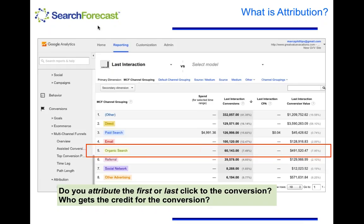There's a lot of talk about attribution. You probably heard the term, and I just thought I'd give you a sort of a dummy's guide to attribution, because I get asked a lot, being an ex-analyst and having sort of an insight into Google Analytics, probably a little bit more than most. So what is attribution? A couple of years ago, Google allowed you, inside Google Analytics, to run a report that essentially said,